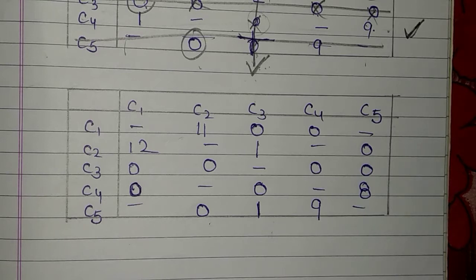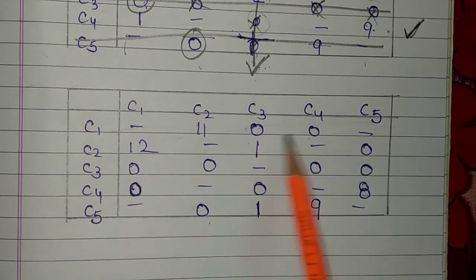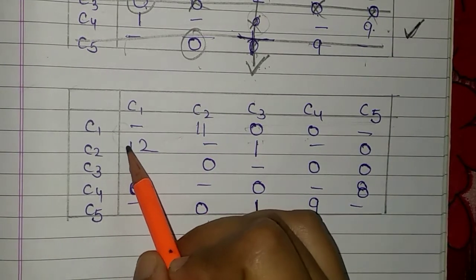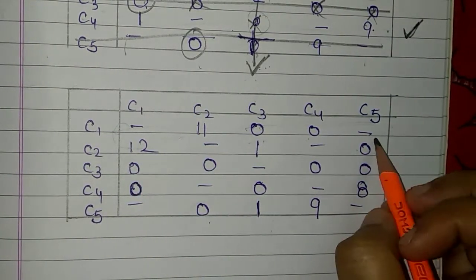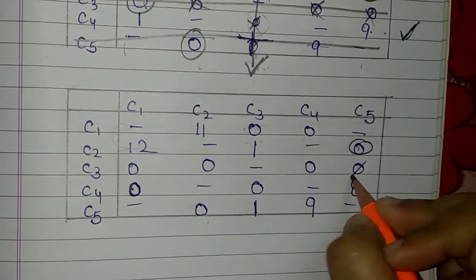First we move row wise, then column wise, making assignments always to 0. Here in this row there are 2 zeros, so we cannot make an assignment to that. So we move toward another row. In this row there is only 1 zero, so we make an assignment to it, and their respective zeros are cut.